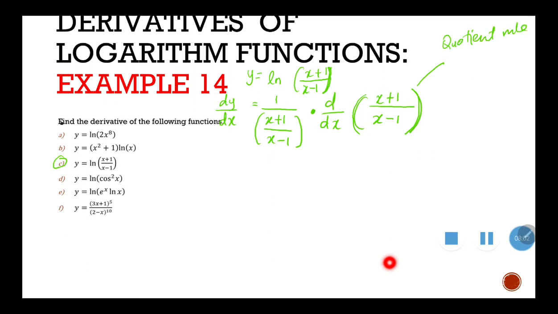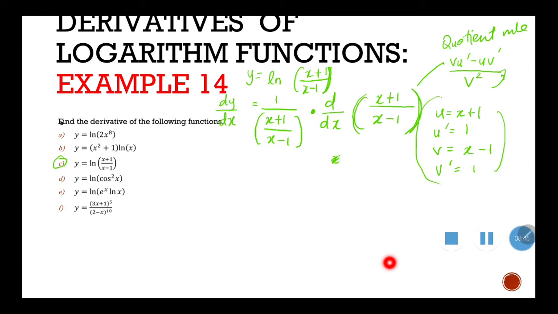Okay, so for the quotient rule, the formula is vu prime minus uv prime over v square. So u here is x plus 1. U prime should be what? 1. And v is x minus 1. V prime should be 1 also. So put this part here into here. Okay. So vu prime is